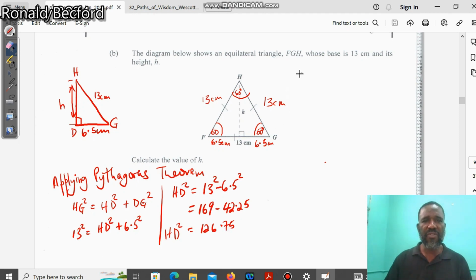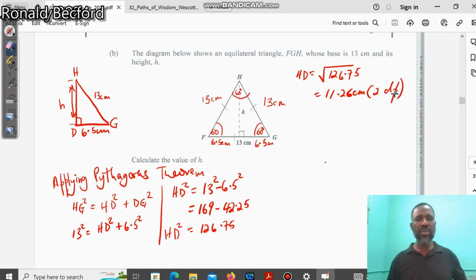So HD squared, which is h squared, is equal to 126.75, and therefore HD is equal to the square root of 126.75, and that is equal to 11.26 centimeters, rounded off to 2 places of decimal. And that's how we would have gone about solving that question. We could also apply